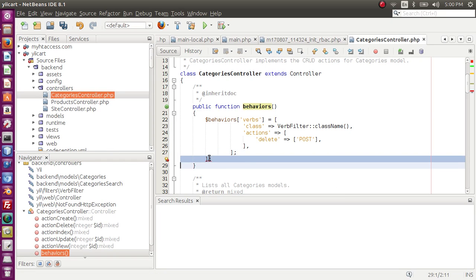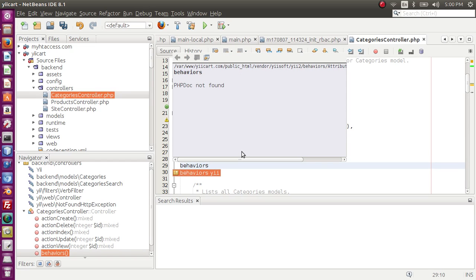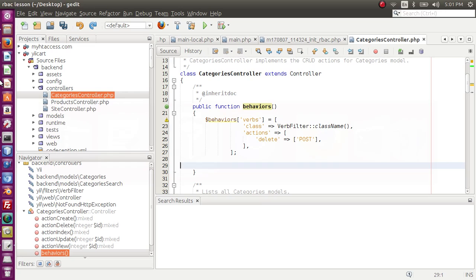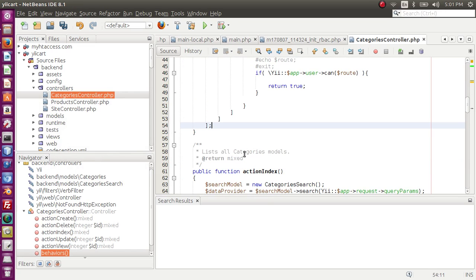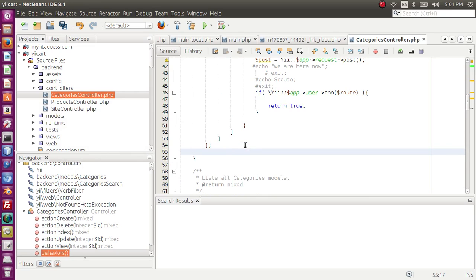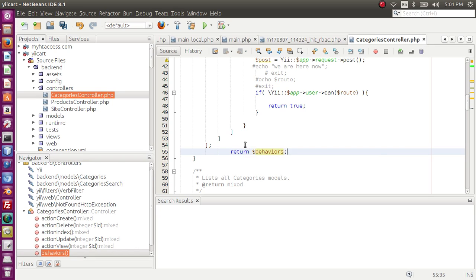We don't need this now. Okay, next I want to paste my code here. Sorry, copy this, paste it here, and next I'm going to return this variable from this function. Save this,